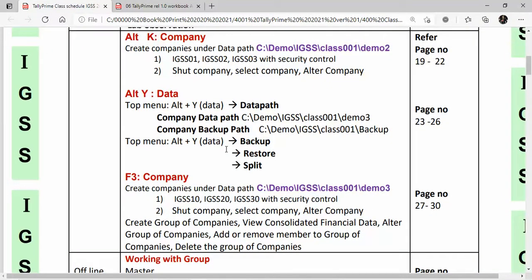So today we are going to discuss how to create a company in a different path and how to select a company in a different data path. And also we are going to speak about how to create, share, and select a company by using Alt K. And also we are going to speak about how to configure the data path by using Alt Y, and also how